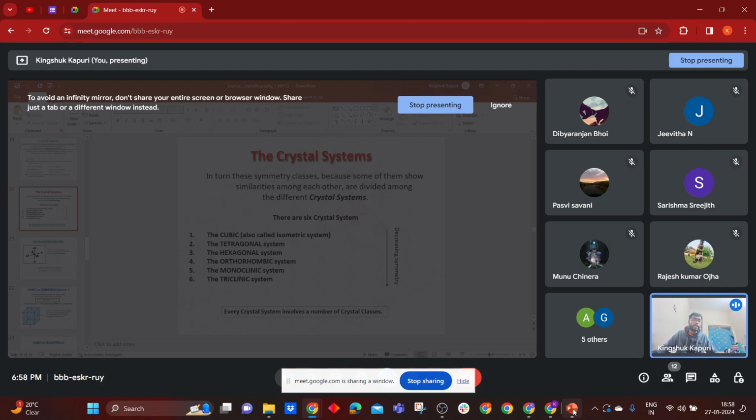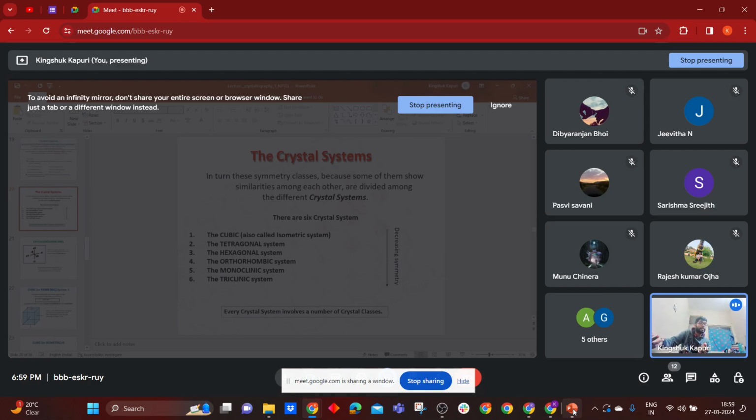So for those who are new to geology, who are first year students, what is a dihexagonal dipyramidal class? It consists of two pyramids, one at the top and one at the base, and it's dihexagonal in nature. So it is a pyramid of two hexagons. One is at the top and one at the bottom, and this dihexagonal dipyramidal class has a horizontal mirror plane. Horizontal mirror plane in dihexagonal dipyramidal class 6/m 2/m 2/m.